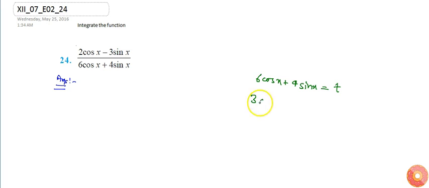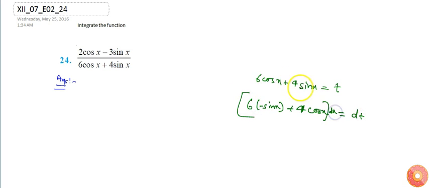which is, sorry, its derivative, which is 6, the derivative of cos x is minus sin x, and the derivative of sin x is cos x, equals dt with respect to x, and here it is with respect to t. So it will be minus 6 sin x plus 4 cos x dx,